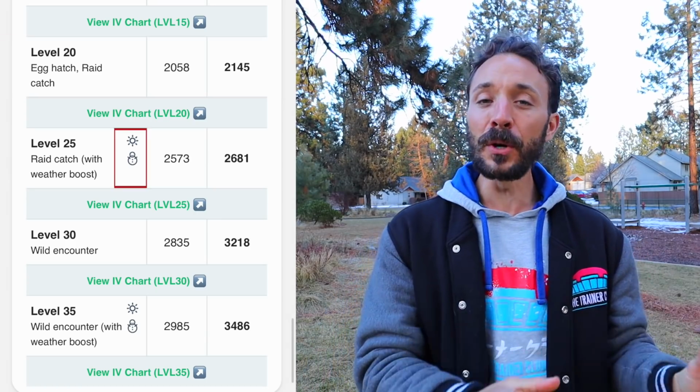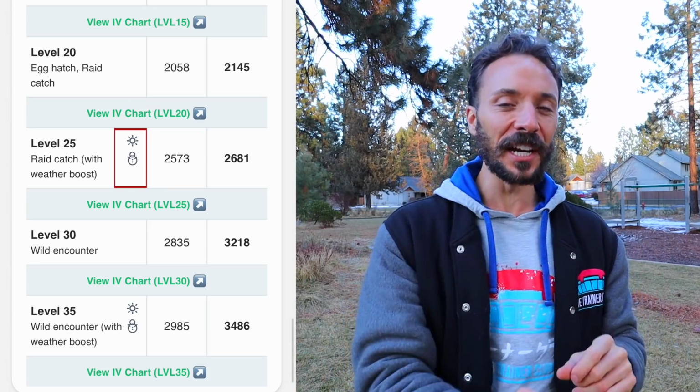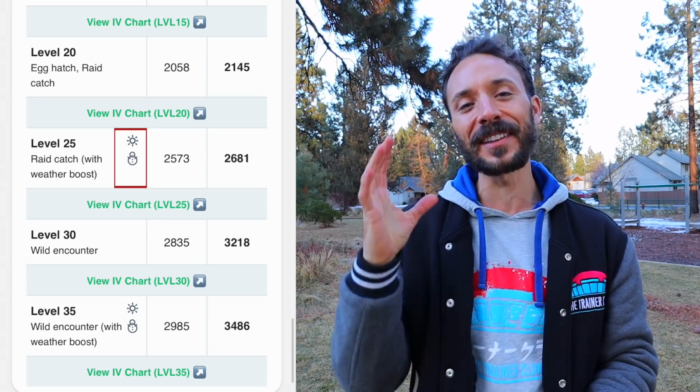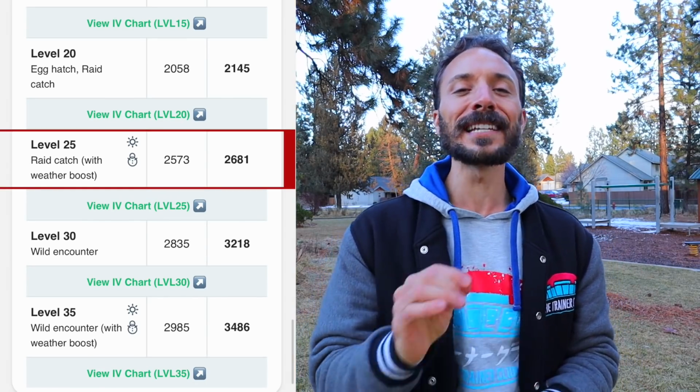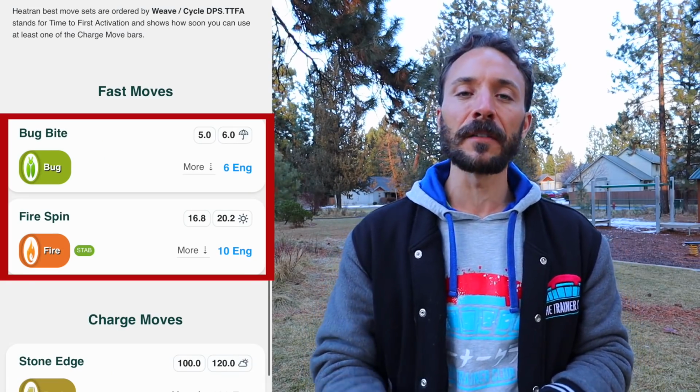And on to the 100% IVs. Under normal conditions, every condition but 2 conditions, 2145 is going to be the 100% IV, and then boosted under 2 conditions which are radically opposite. We have sunny weather and snowy weather for the fire and the steel type, which is going to put it at 2681. And as far as the moveset goes, it gets Bug Bite and Fire Spin for the quick moves,